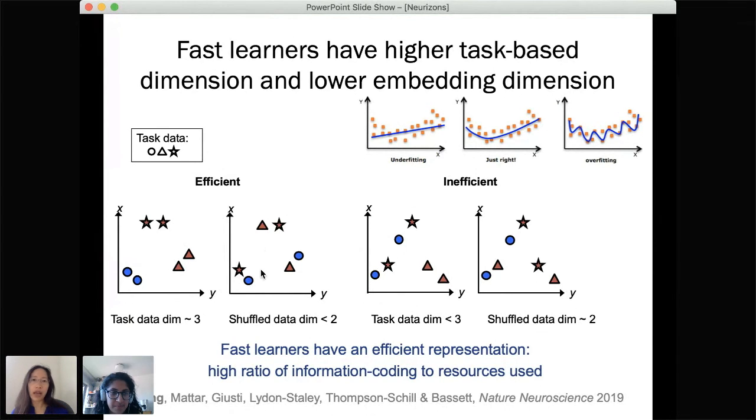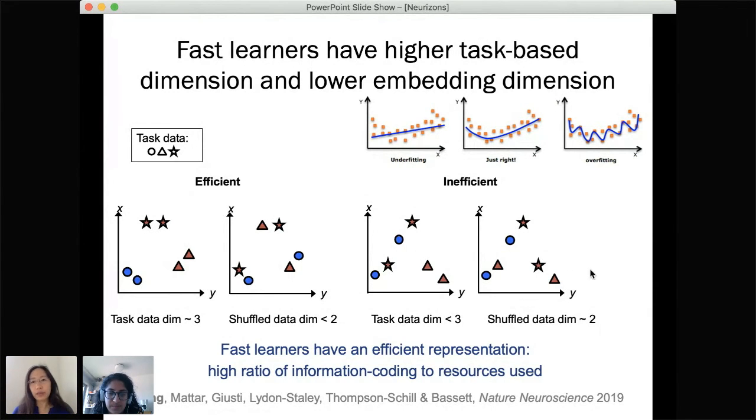An analogy that I can give is that an efficient learner has the kind of organization you would have if you had all of your papers on your desk sorted in different piles according to the different categories. Then, if you have that organization scrambled, you have all the papers mixed up on your desk. But what would be really inefficient would be to have all that data scrambled up, not just on your desk, but in your entire room. So not only do you not have any order according to the actual structure of your task, but now you're using a bigger space in which to have that disordered information. So it's even harder to find something because you have so much space.